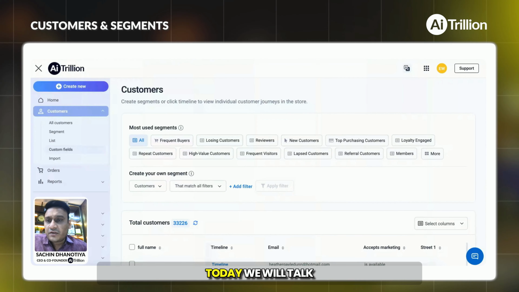Hi, today we will talk about customers, segment, list, and custom fields in AiTrillion. If you are using AiTrillion, then customer segmentation is the most powerful feature we have because we have a lot